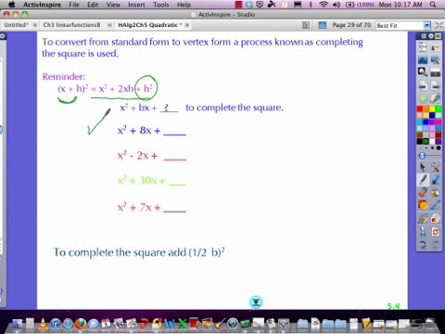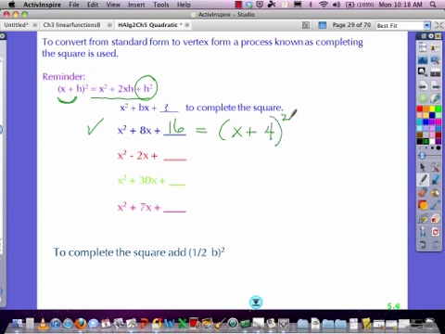Well, you know that 8x came from 2xh. Let's take half of that. Go backwards. That would be 4. But if we square the 4, we get the 16. We now have a perfect binomial square, and it would turn into x plus 4, that quantity squared, and work